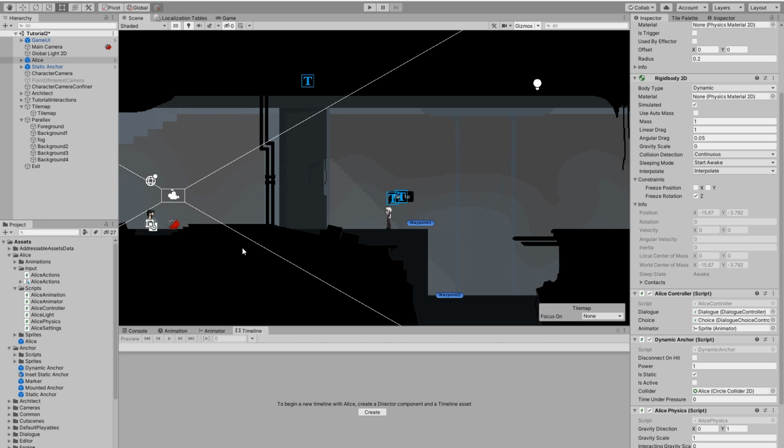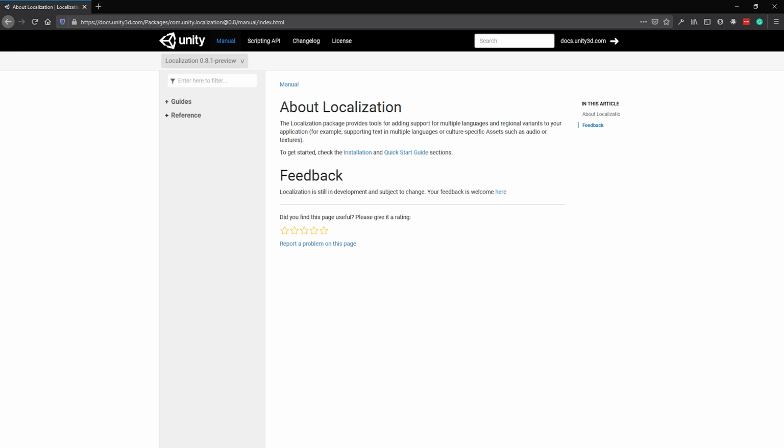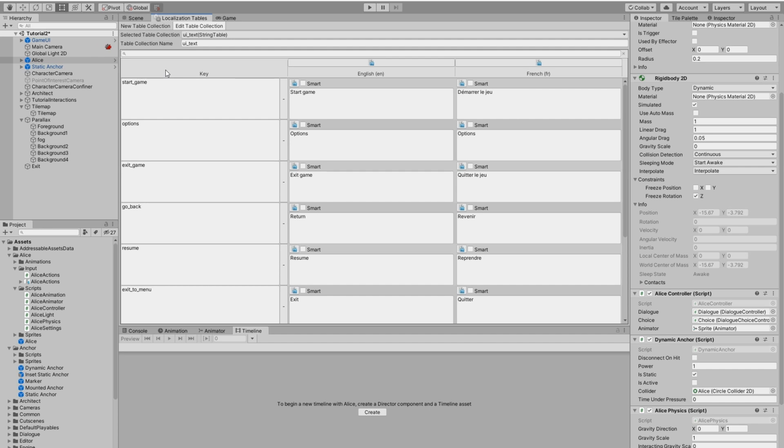And I've come across some different ways of how to implement your own translation system, but in the end I found the Localization Package, made by Unity themselves, which is still in preview, but who cares? It's built on top of addressables, which means that it's kind of asynchronous in its nature, but it actually wasn't that hard to implement. It's based around these localization tables, which basically provide different translations for different locales for a given